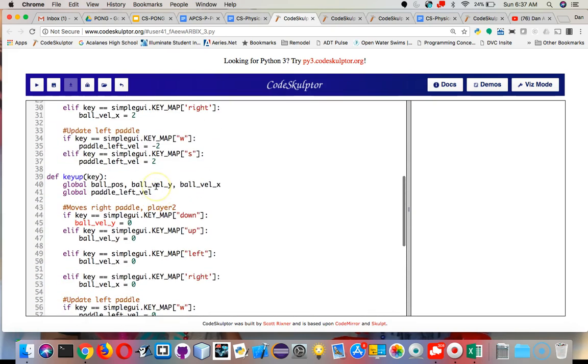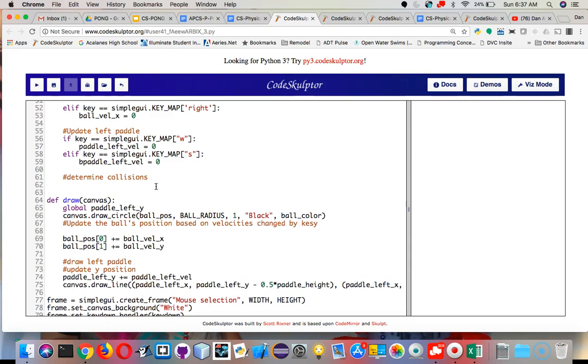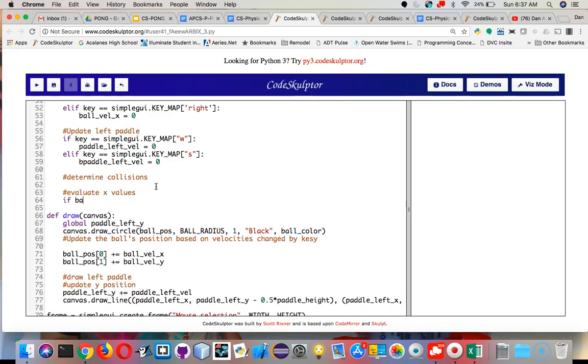So I'm going to look at this and basically determine collisions. We've started off with that x value piece, so I want to evaluate x values. I'll say if the ball position 0, that's my x value,